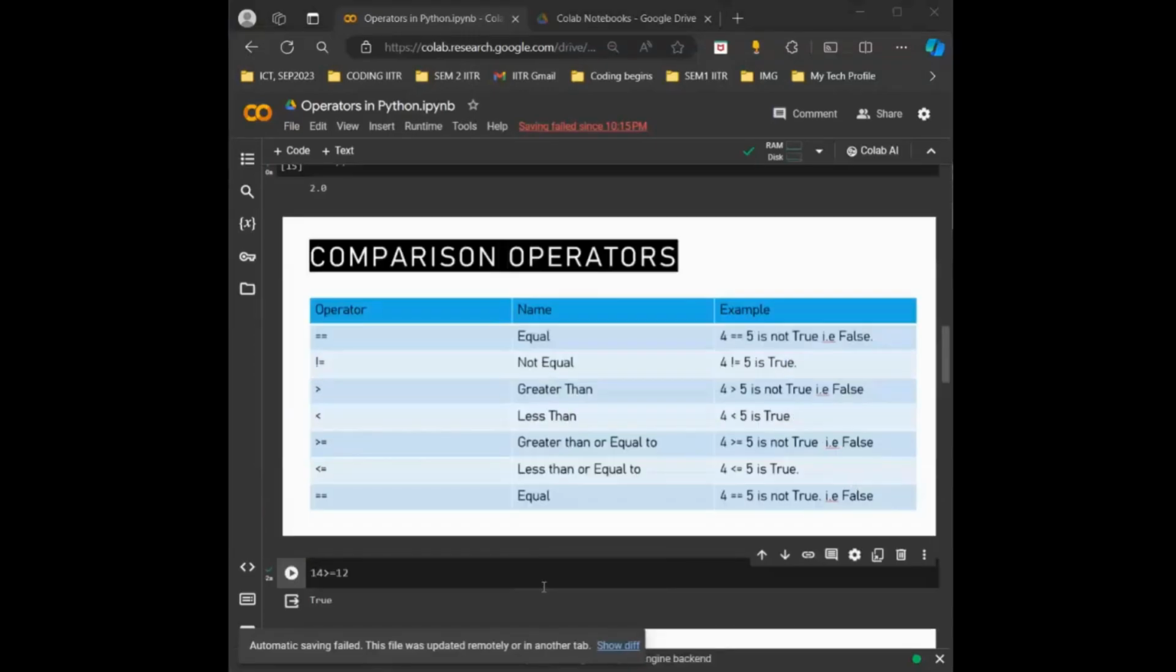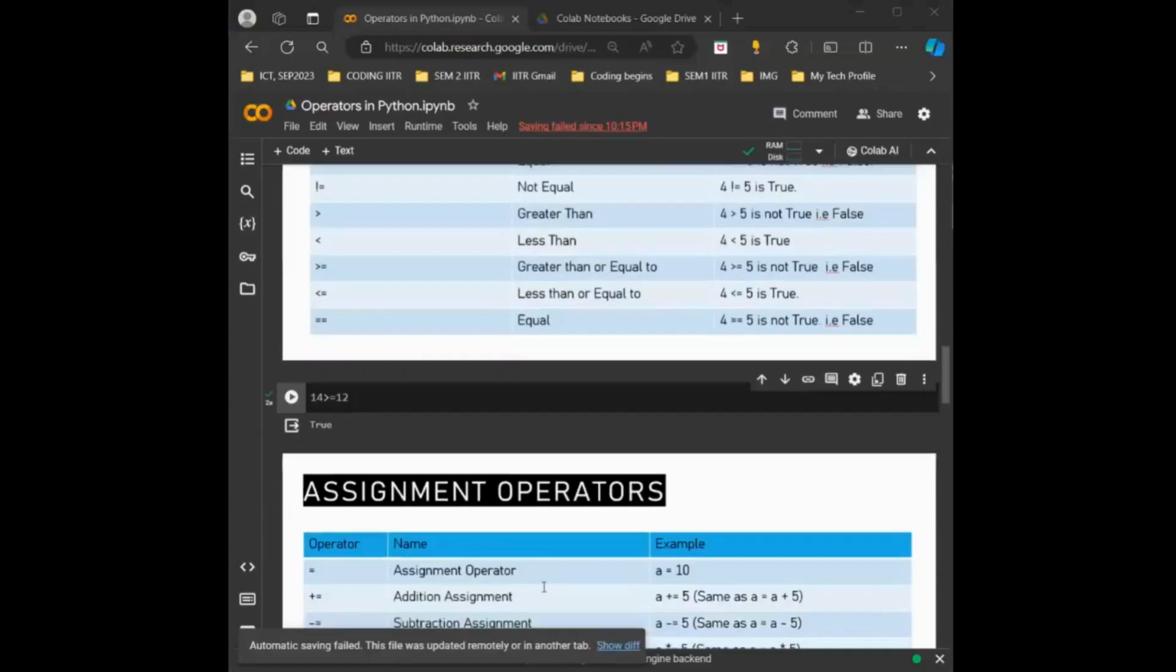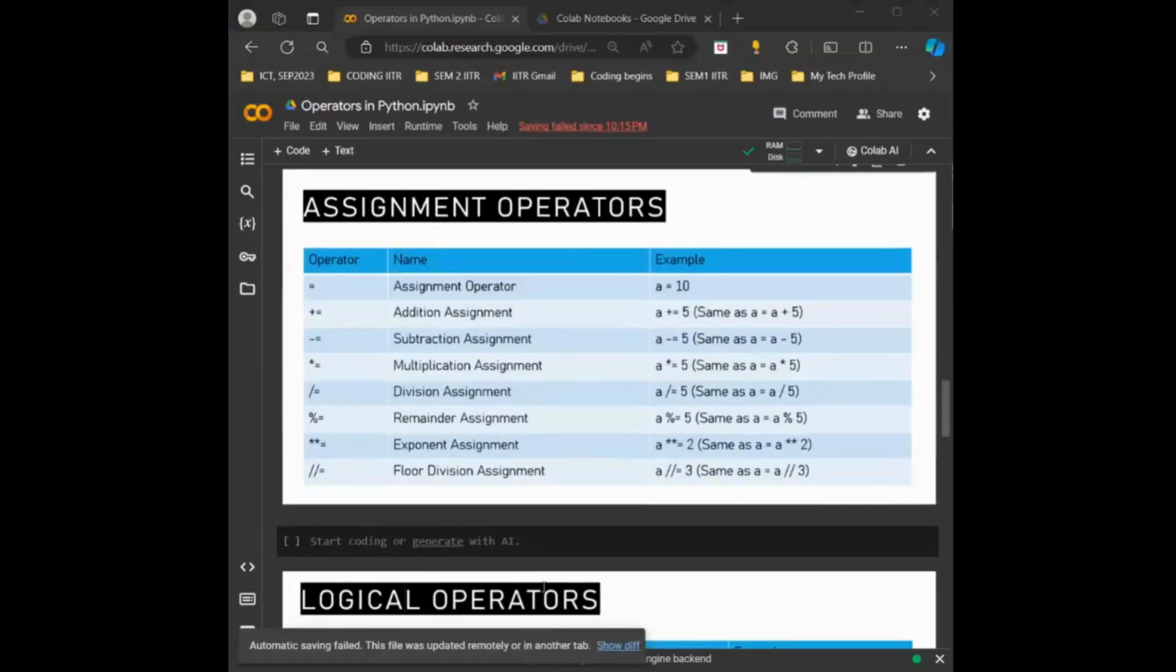True. Let's move forward. Coming to the next operator type, that is the assignment operator. Python assignment operators are used to assign values to variables. The single equal symbol is the most fundamental assignment operator. It assigns